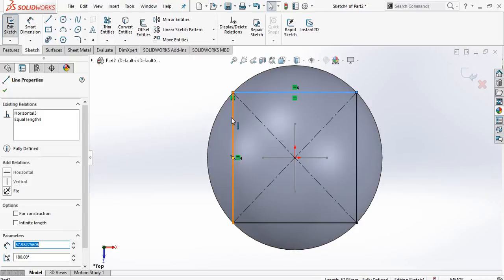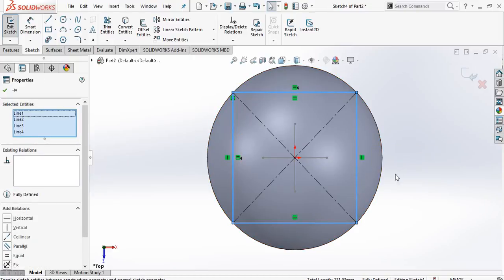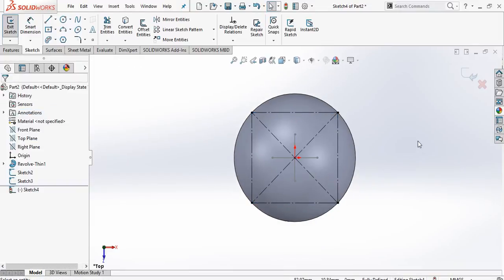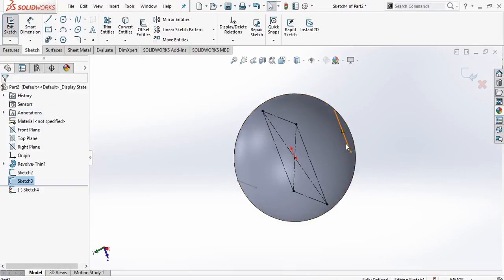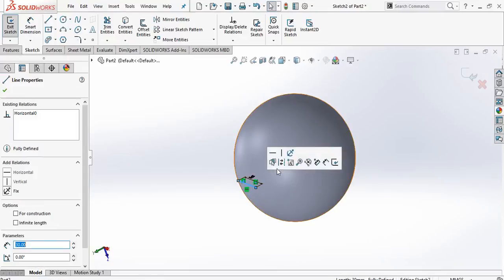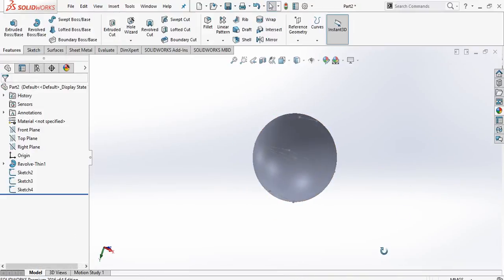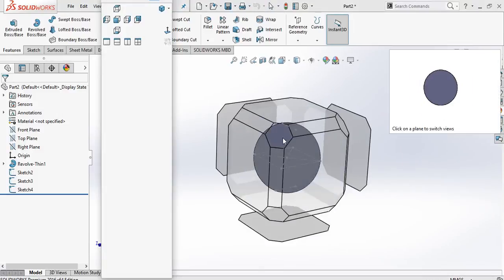Also select all these edges and make them construction. Also choose this line as construction, this one and this one too. Okay. Now you can see we have a geometry like this.